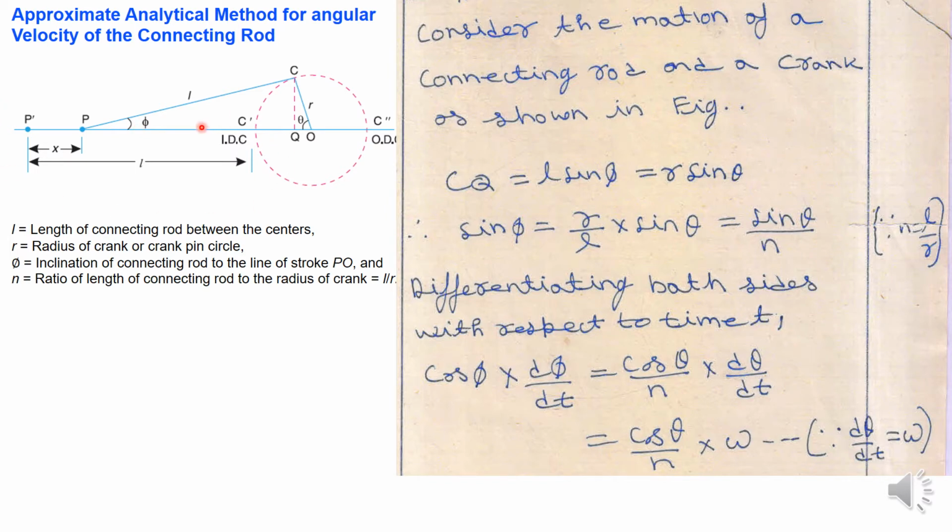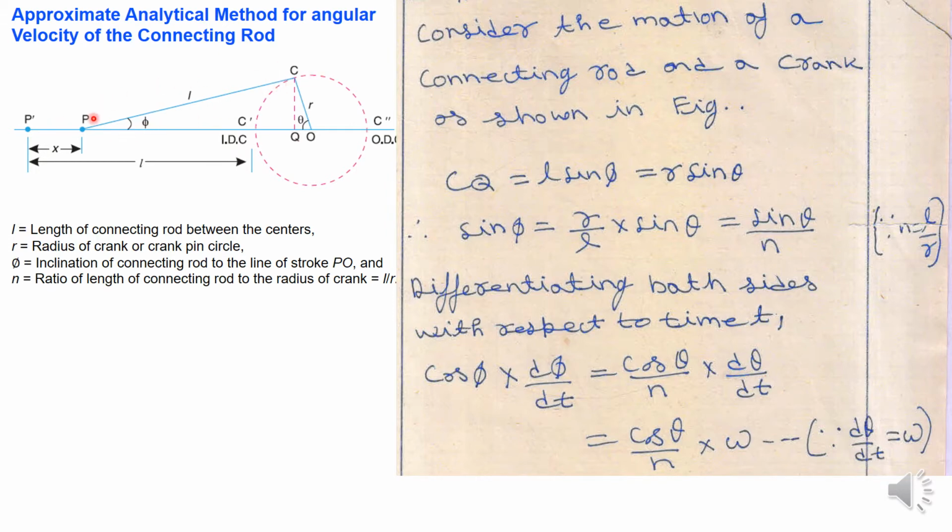With the help of this figure, I want to explain the motion of a crank and connecting rod of a reciprocating steam engine as shown in the figure. In the previous lecture, I also defined this figure, but now I am going to define it further. Let OC be the crank and PC the connecting rod. OC is the crank and PC is the connecting rod.